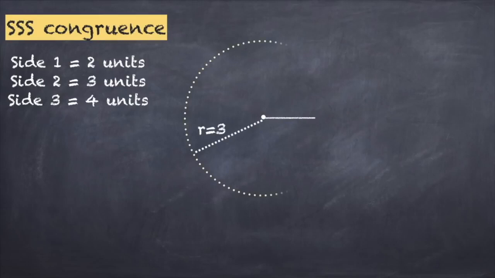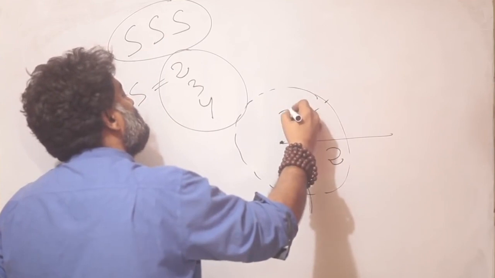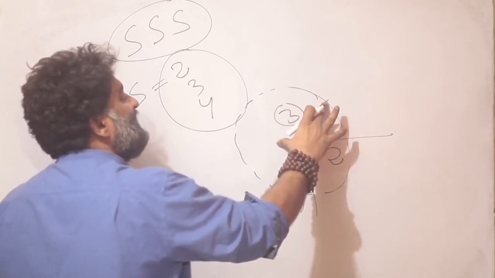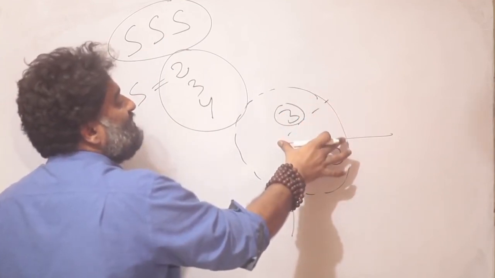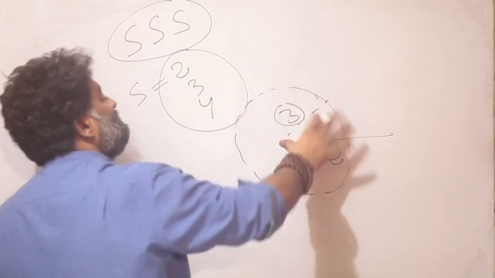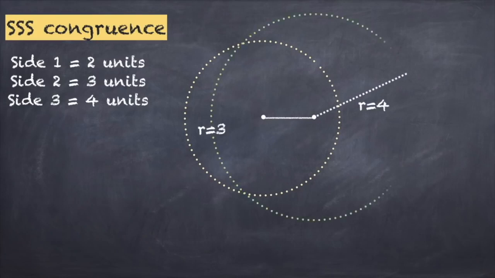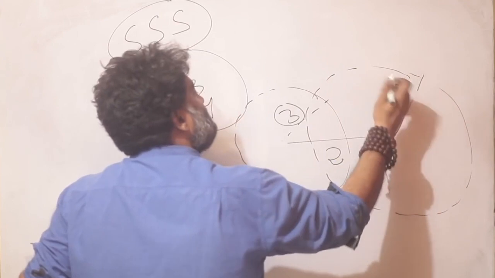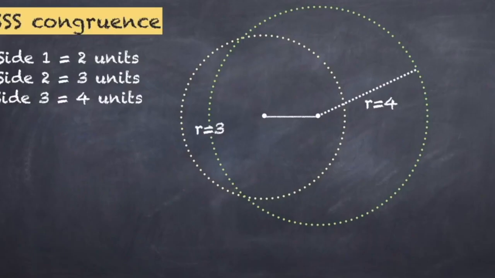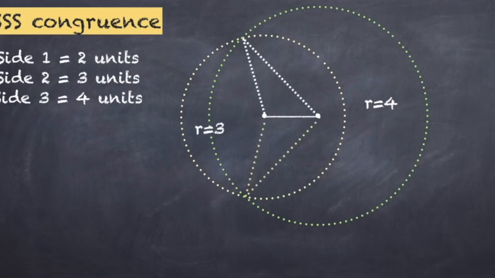Once again from this side you create a circle of radius 3. So 3 units, because this is one side but no angle information is given to you, so this can move in any direction, right? Similarly from the other end, drop a circle of 4 units. Because this could be the side, but the side could also be this, also this, also this, in any direction. And this intersection point is your third point, or the third vertex of the triangle. Connect it and you have your triangle.